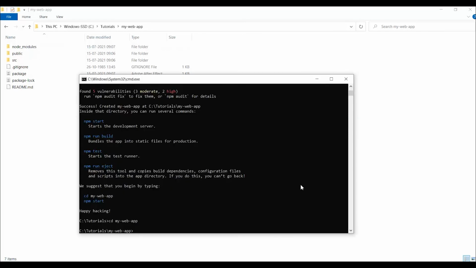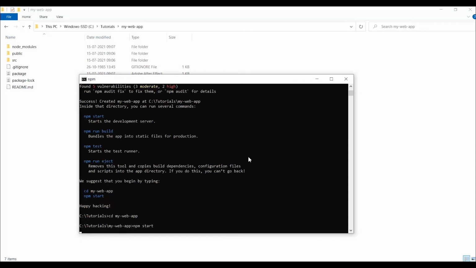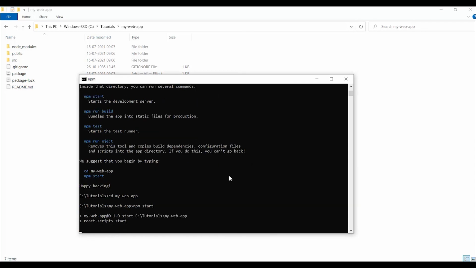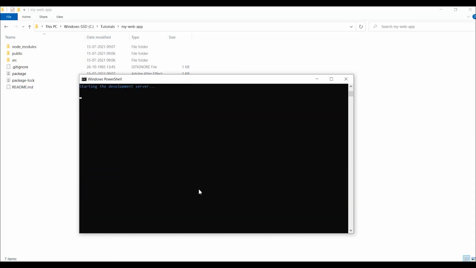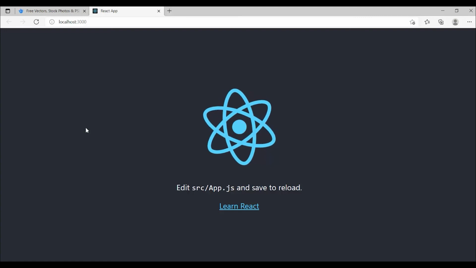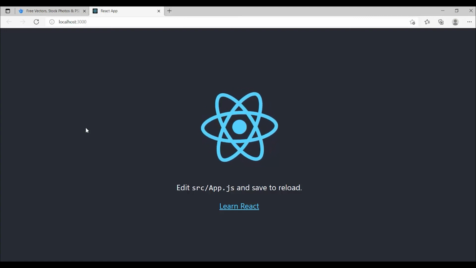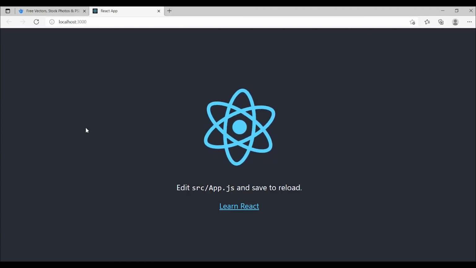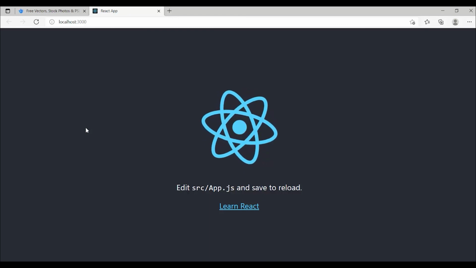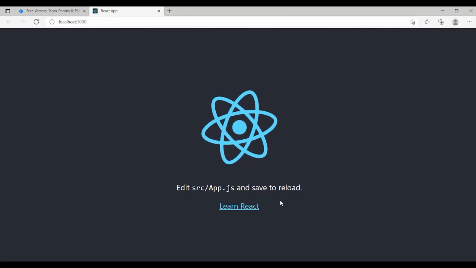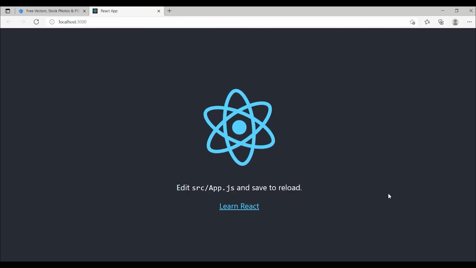So if I run the npm start command over here, my application should be up and running. So it's starting the development server. Boom. So as you can see, the application is up and running. So if you have successfully installed or created the React application, then you should get a page similar to this kind of